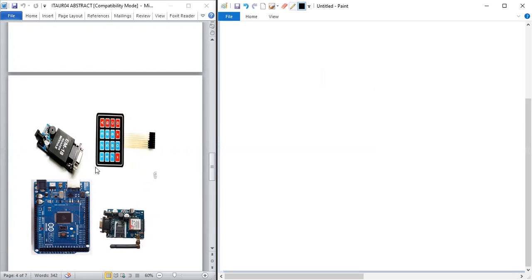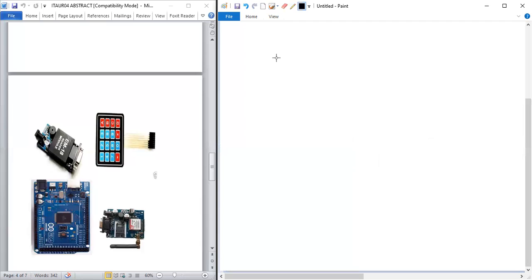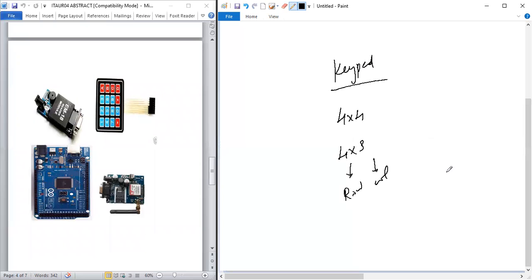And then the RFID reader. Here we are using the EM18 passive RFID reader. The distance is 10 to 15 centimeters. It will detect the RFID tag. Each tag has a 12-digit unique number. Then here we are using a 4 by 4 or 4 by 3 model keypad. This one is a column, this one is a row. So the next one is